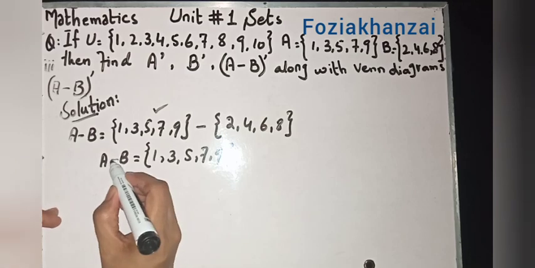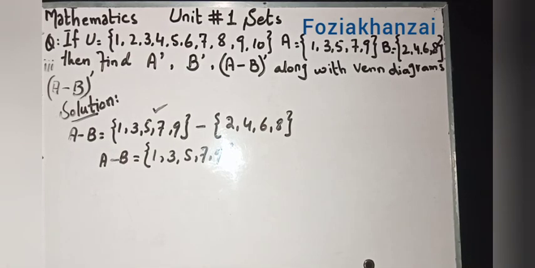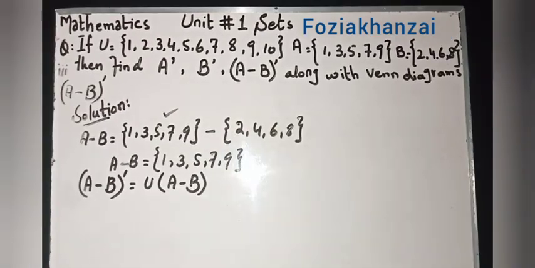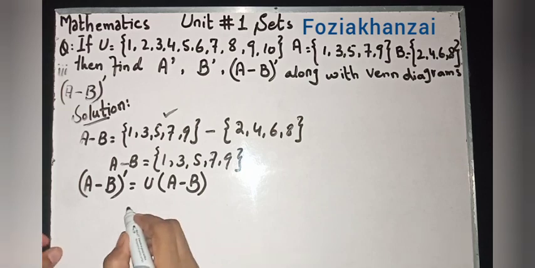Now we find whole complement. A minus B whole complement. So we find main part. That's why we use universal set and answer of A difference B. Okay, so first we write down